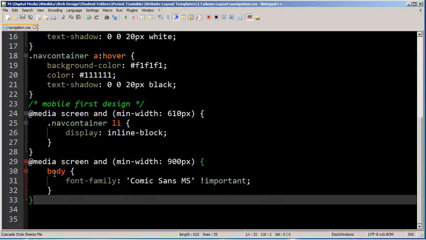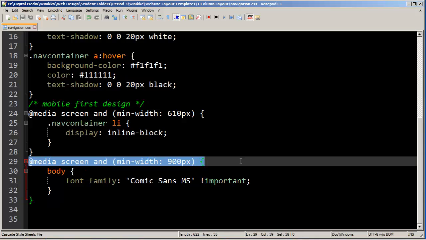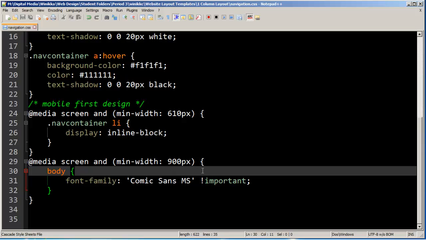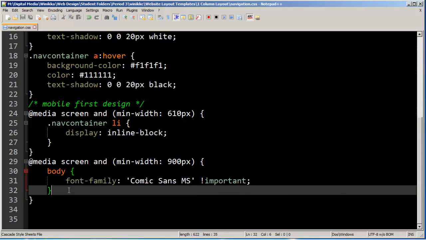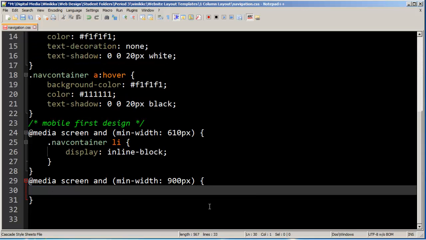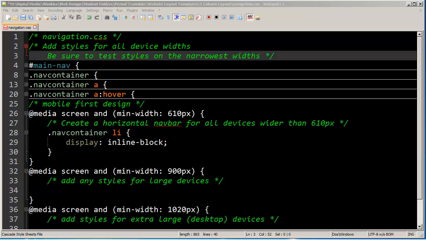As soon as you need to make a change, you just drop in. This is called a breakpoint. You drop it in, you figure out the width. If things don't work quite right, you adjust them. Always, always, always design from the smallest and work your way out, or else you'll have all kinds of problems with your styles. All right, so I'm going to get rid of that affront to humanity, save my changes, and I think I'm good. You know what I decided before I go and end this video,